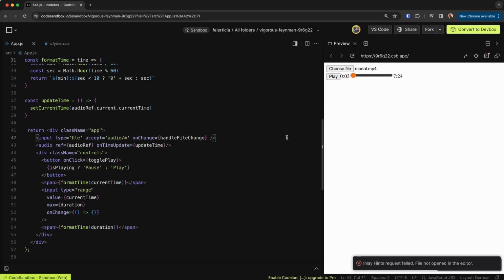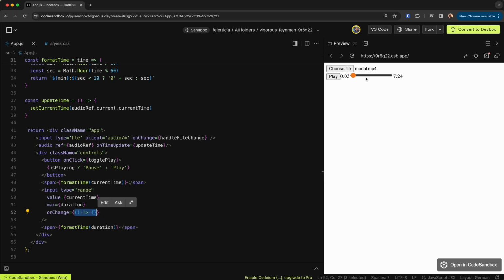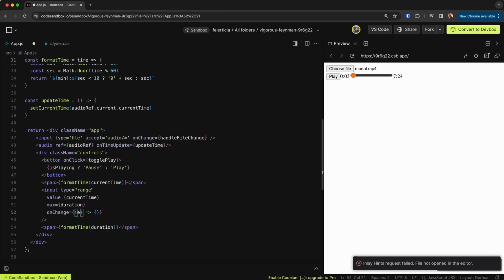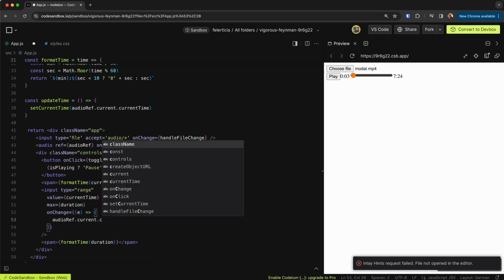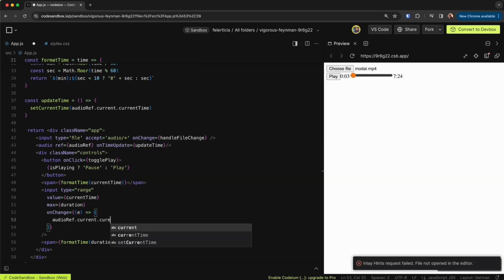Great, there is only one thing left, and that is doing this slider. For now it's not working because we defined it to not do anything, but the thing that we want to do is that when we drag this around, the time of the audio, this one updates. Okay, so let's go here and say e, which is the event. Then we want to update the audioRef.current.currentTime to be the value that is there. So